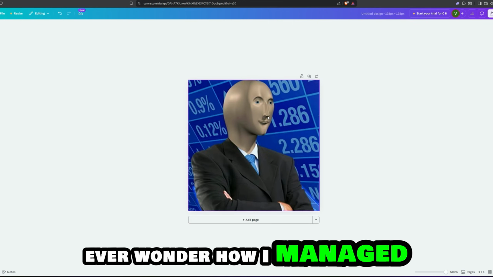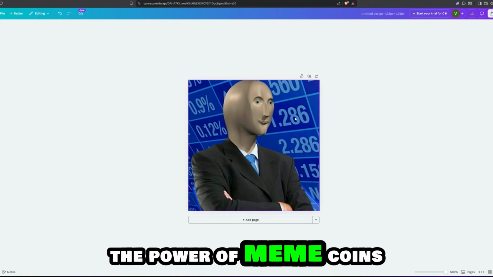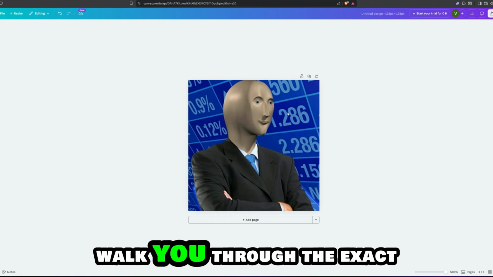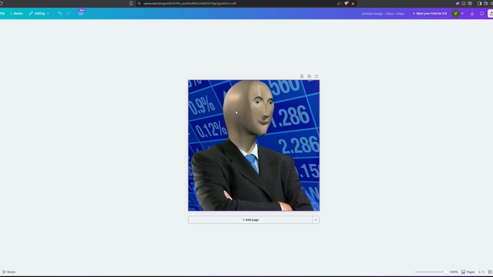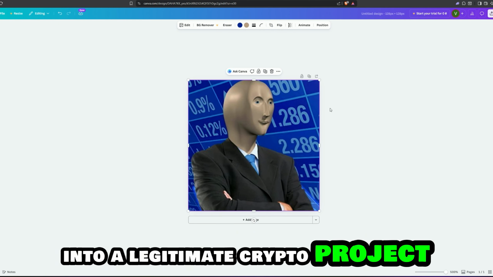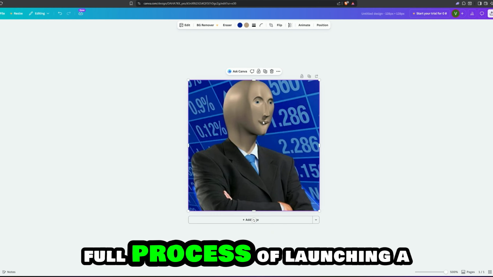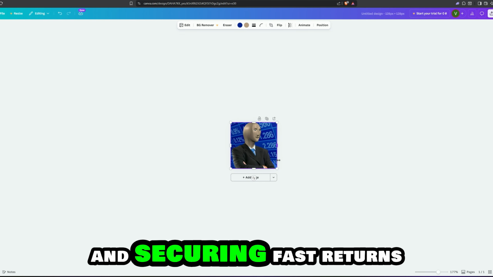Ever wonder how I managed to generate this much capital? It is all down to the power of Memecoins, and I am going to walk you through the exact strategy. Watch as I transform this stone meme into a legitimate crypto project. Starting with a completely empty wallet, I'll lead you through the full process of launching a Memecoin and securing fast